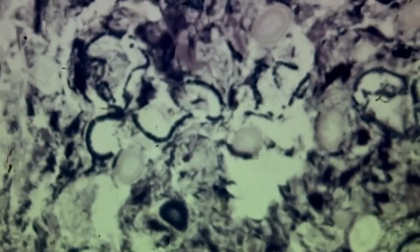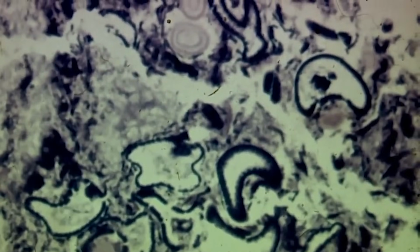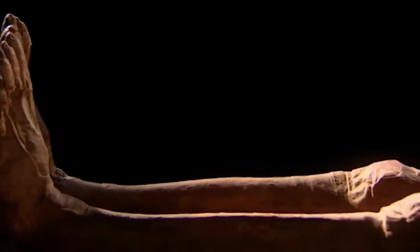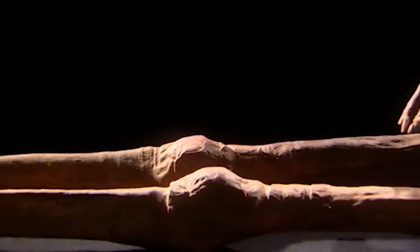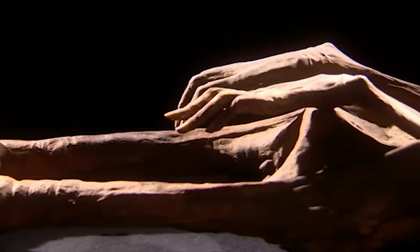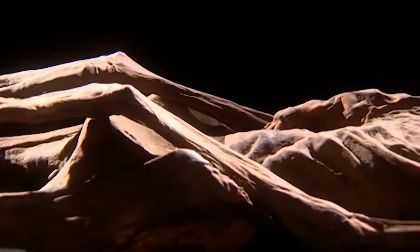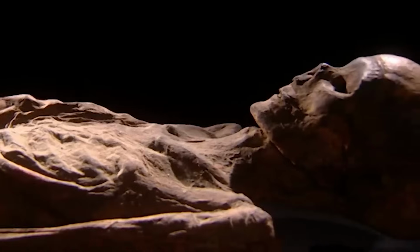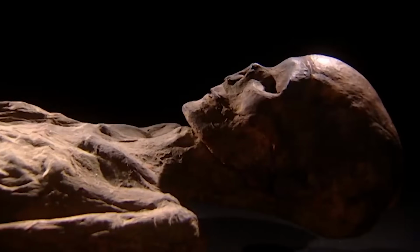You get the worm by walking in contaminated water or contaminated mud. The mud contains immature forms of the worm which are able to penetrate the skin of the feet or hands, and then they get into blood vessels in the body, they get into the veins and travel to the heart, where they then in fact get into the lungs. From the lungs they climb up your windpipe to the back of your throat, and then you swallow them, and in the intestines they develop into the adult forms. If Asru had this disease, and we know that she did, she'd tend to develop diarrhea because of the irritation, and because there might well be some bleeding associated with that, Asru might well have been anemic at the time